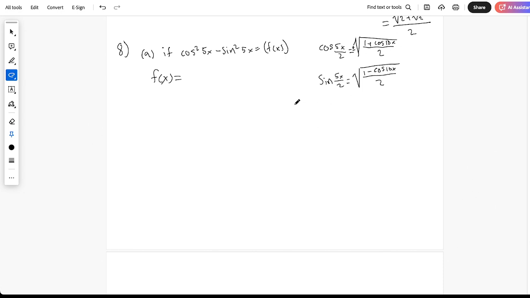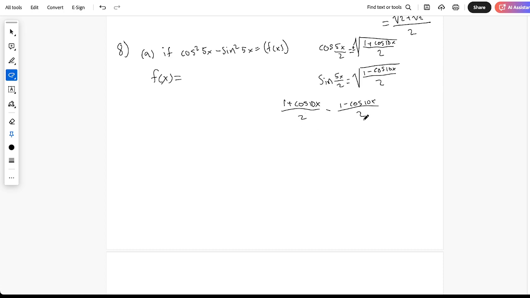So that means this is 1 plus cosine of 10x over 2 minus, because there's a minus here, and this is technically positive, right? If this was a negative, then we'd have 2 negatives and it'd be a positive, but it's not, so it's just negative. Minus 1 minus cosine of 10x over 2,